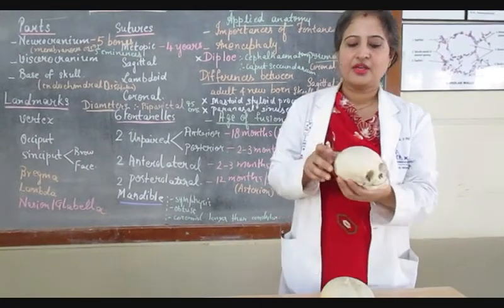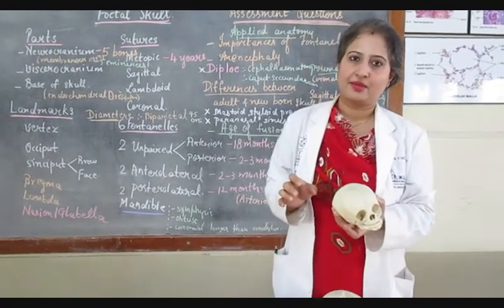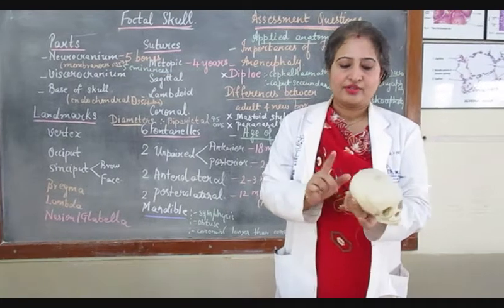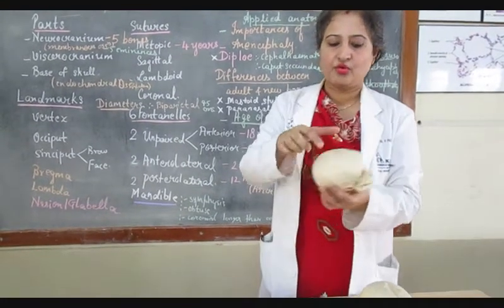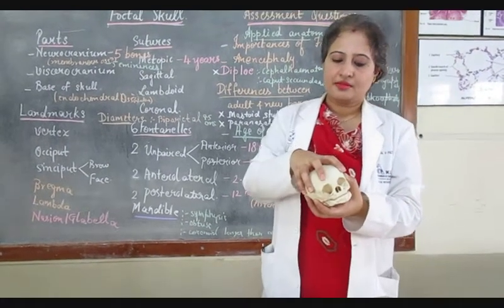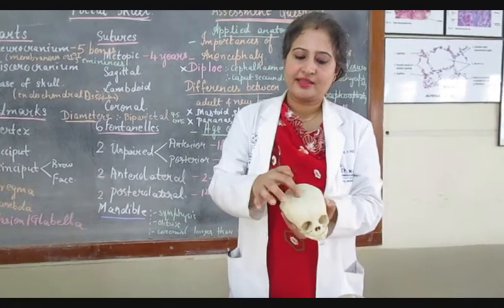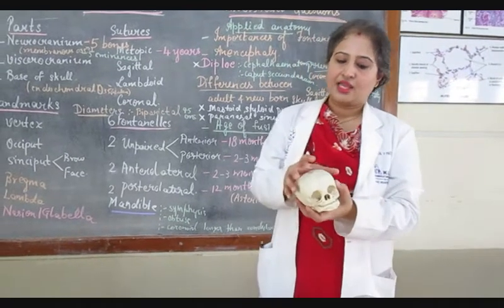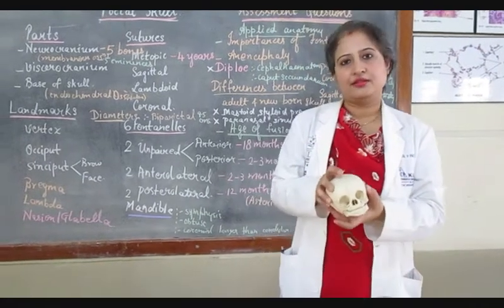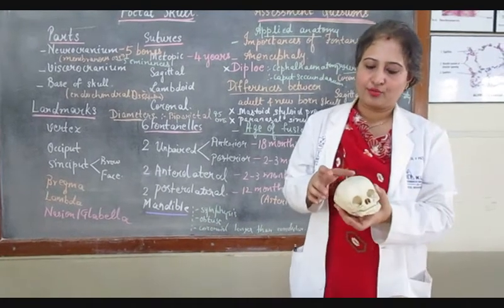Now this neurocranium is made up of flat bones which ossify by intramembranous ossification, and it is composed of two frontal bones, two parietal bones, and one occipital bone. Now these bones are united by sutures, which are fibrous joints, and there are gaps called fontanelles. So this makes the fetal skull very pliable and compressible, especially during vaginal delivery. Now this aids in the process called molding. I'll be talking about molding later.